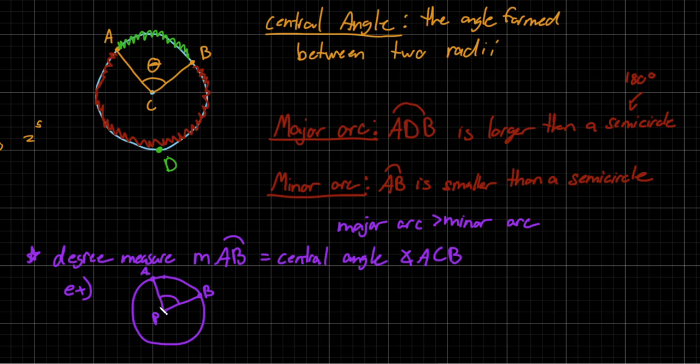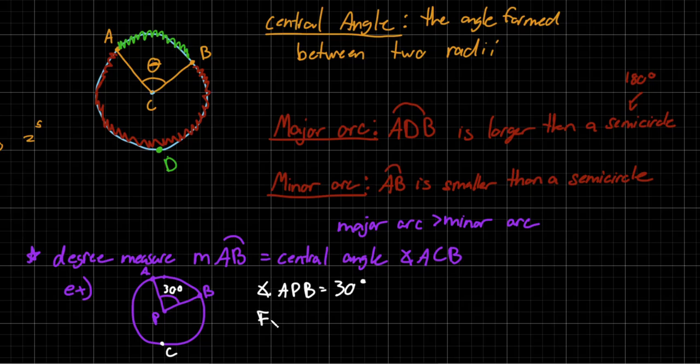How many degrees is this angle right here? Any number you want, less than 360. 30? Okay. 30 degrees. So if angle APB equals 30 degrees,